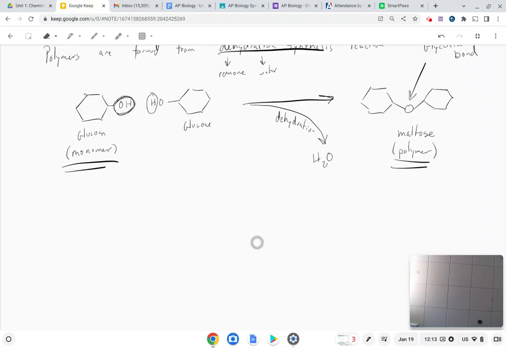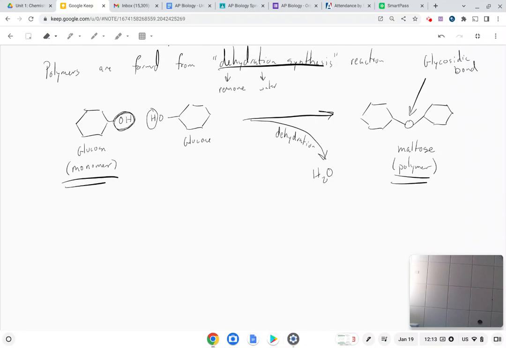So what if we did the opposite of this dehydration synthesis? Instead of connecting two things together, what if we took a molecule and broke it apart? That would be kind of the reverse, right? If you go in the reverse direction, you're going to be breaking apart. So this next reaction is basically the reverse. That would be when monomers are formed from a hydrolysis